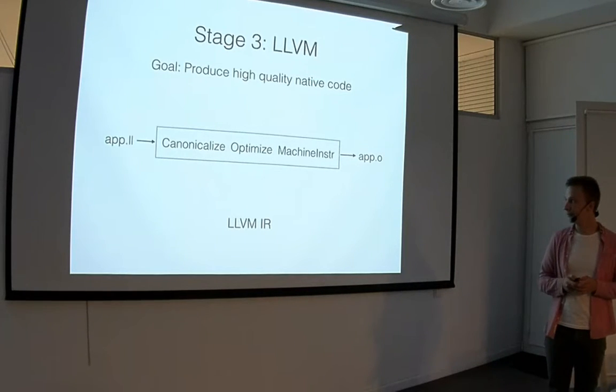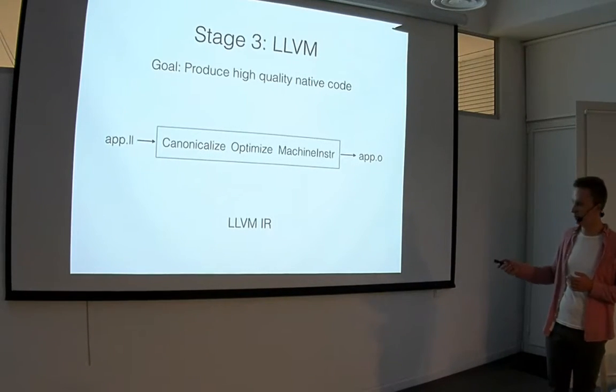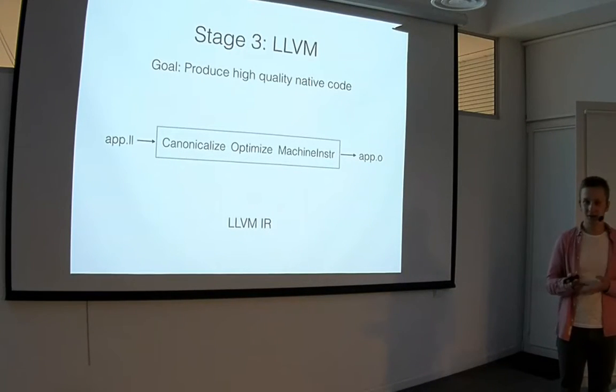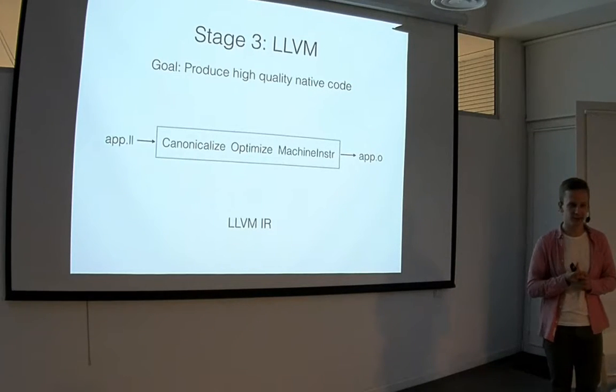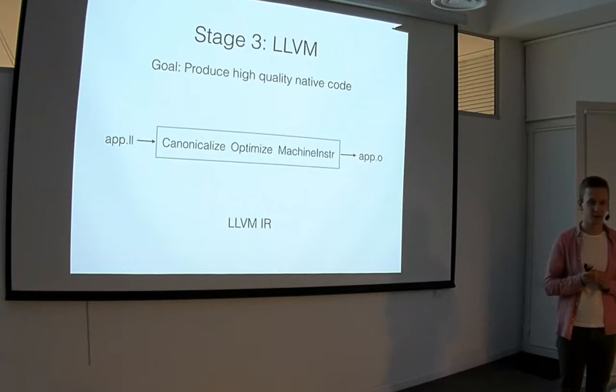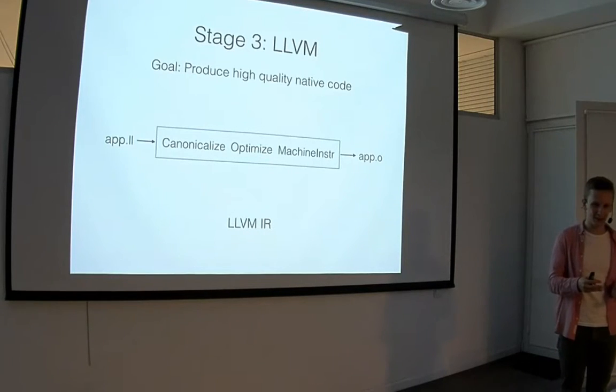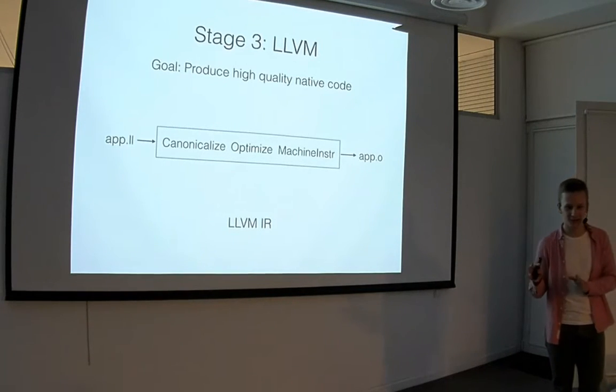And they also have this huge optimizer coupled with the IR, which is nice. So the idea of LLVM is basically to have a representation that is low-level enough, but still high-level enough to do the optimizations that they want. And when I say they want, I mean C, C++. So it's actually very good at this, and it's not very good at some other features. But as long as we produce code that looks like C and C++, LLVM will happily optimize everything away. It will unroll loops, it will do everything it can to make a nice, fast final binary.